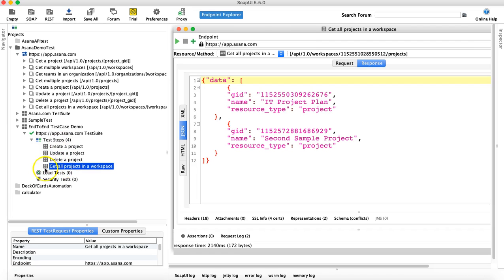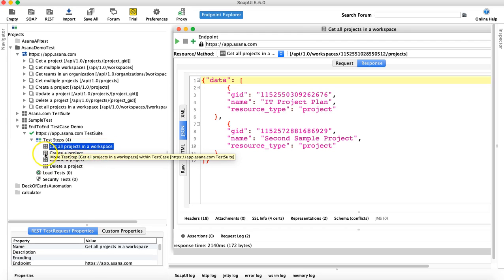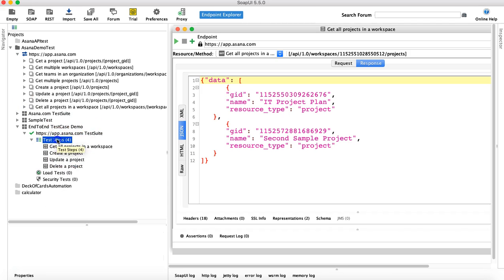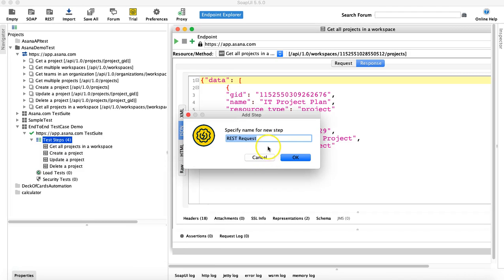So what we have done is we have got all the details. So I'll just move get all projects in a workspace first, and then create a project. All right, after that we need to get the project details again to see that the new project has been created successfully. So to do that, what we'll do is we'll just add another test step. We'll say add test step, click on REST request, and I'll say get project details